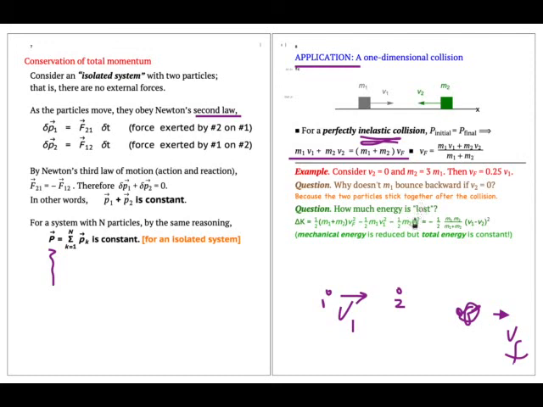But v2 is 0, and vf is m1 v1 divided by m1 plus m2. So if you work out the algebra for this expression and simplify it,